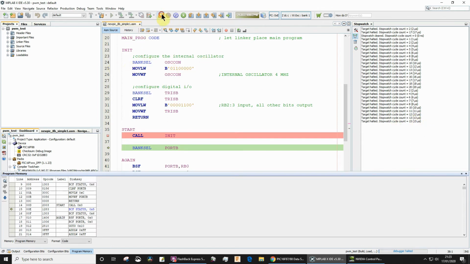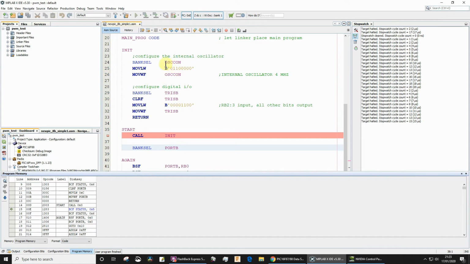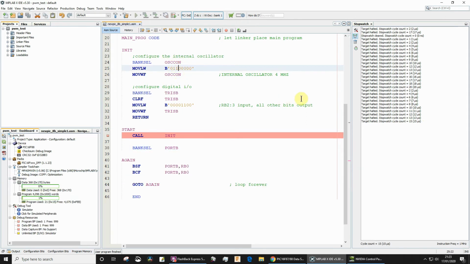If, say, for example, we were to change the OSCCON register, and so I were to do this, and this, I believe, is going to set our internal oscillator to something about 32 kilohertz. I'm just thinking it might be 31.25 kilohertz, but I'm not sure. But anyway, it's a much lower frequency. And if we were then to run this code again,